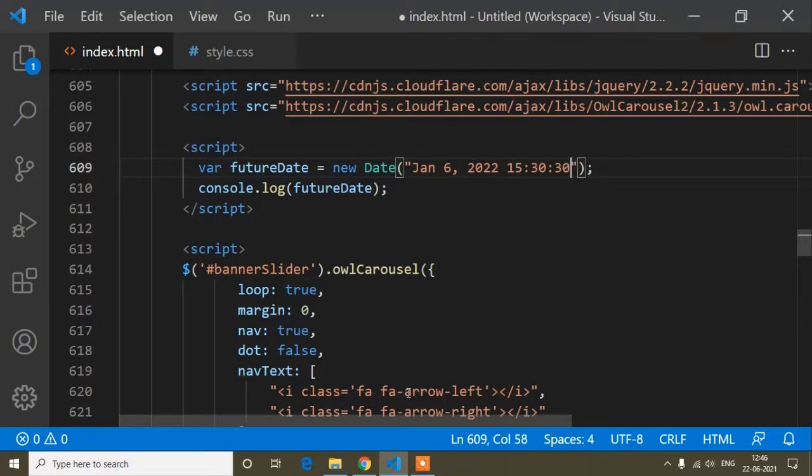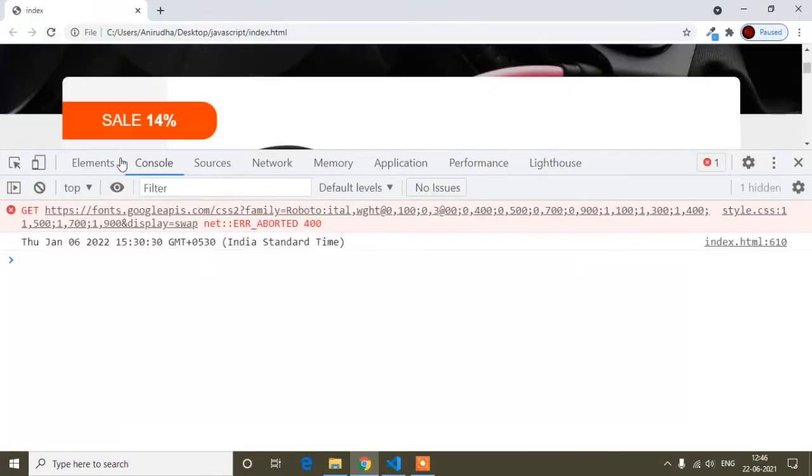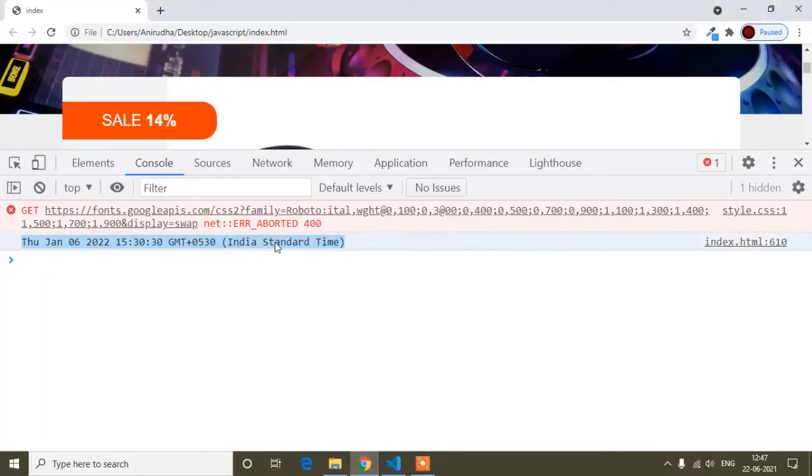Okay, this is done. And now guys, I will save and refresh. So here you can see now it's showing the future date which I set here. You can see January 6, 2022, 15, 30, 30. That is what this is showing.